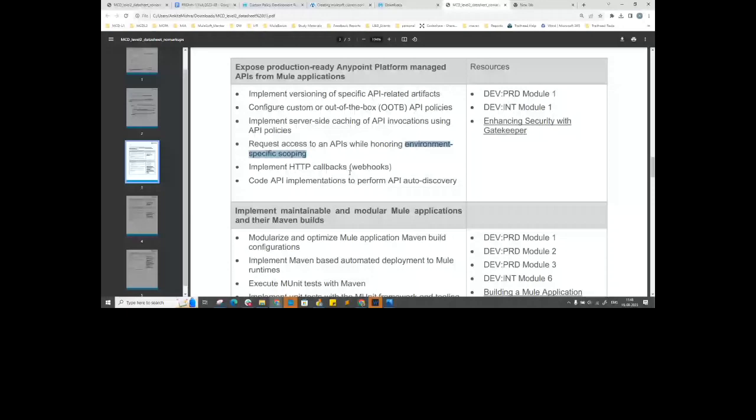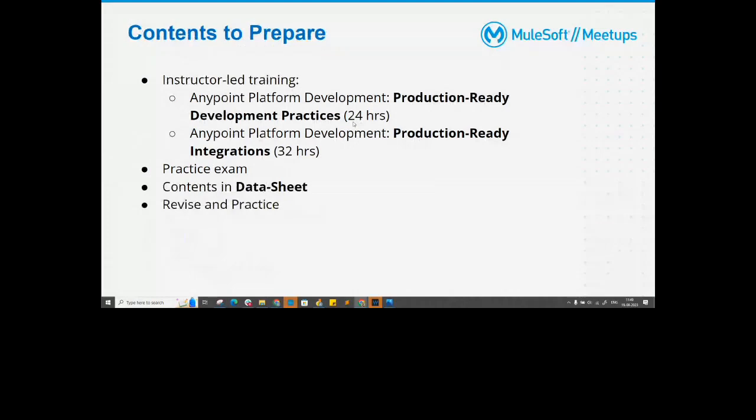Any questions? All good? How many days will one need to prepare? Though it totally depends on one's ability to catch up and understand concepts, but still just wanted a rough idea. So Manisha, as I told you, if you go through these instructor-led training programs, the first training program will be covered in 3 days by MuleSoft for 24 hours, and after that, 4 days for 32 hours, and after that, I think 15 to 20 days should be enough, depending upon your background. I mean, how good you are with Maven and how much exposure you have with working on real-time projects. So it completely depends upon that, Manisha.